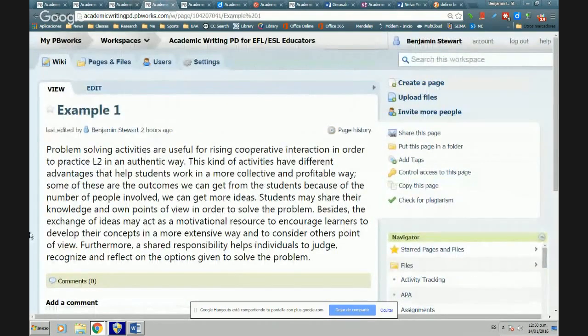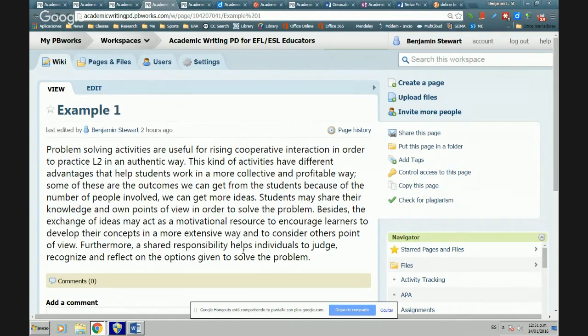You can ask, besides, the exchange of ideas may act as a motivational resource to encourage. Now, we talked a little bit about modals. Probably you could remove "may" and just say ideas act as a motivational resource to encourage hires to develop the concepts in a more intensive way and to consider the points of view. We use points of view here, points of view here. Maybe we can use a hypernym instead of direct repetition. Furthermore,